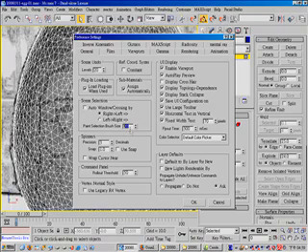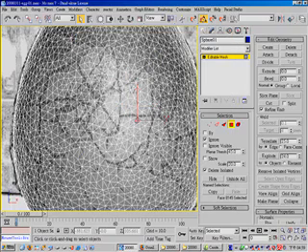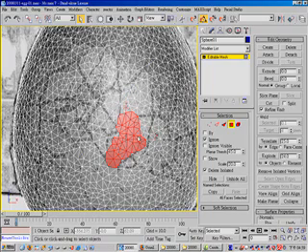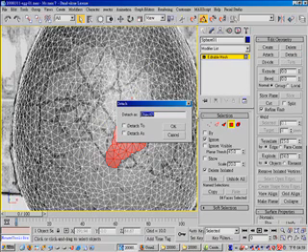Now it's 20. The value is 20. You can set it lower or higher if you need. So this will make it easier to select your mesh. So for example, I select this piece of egg and detach it,